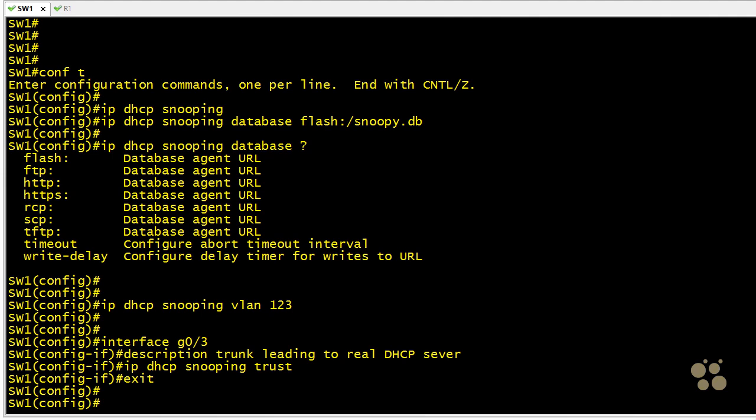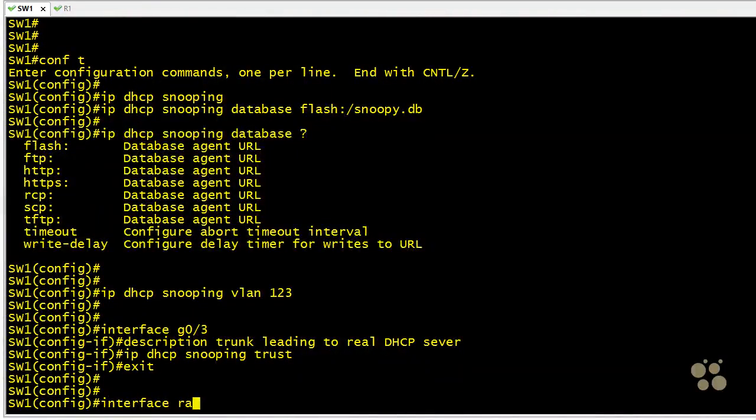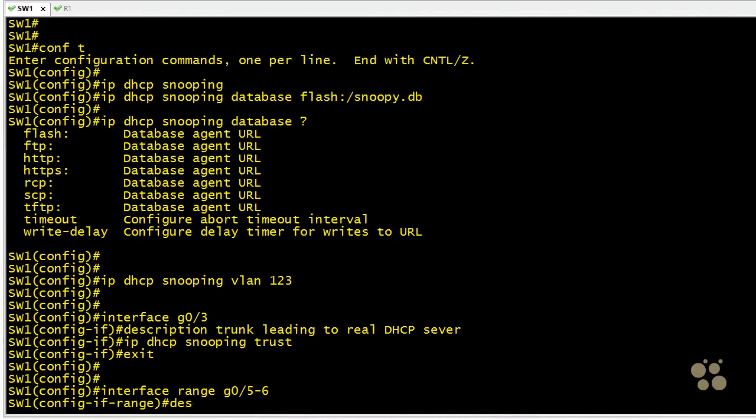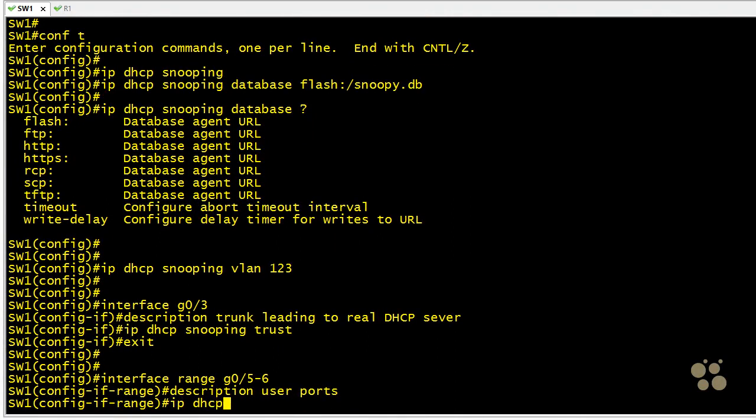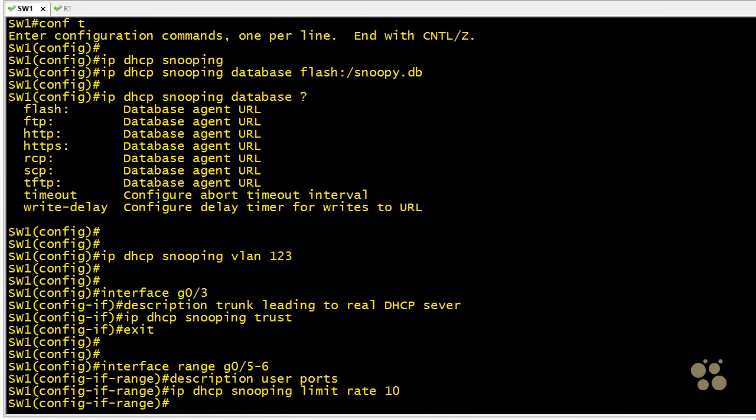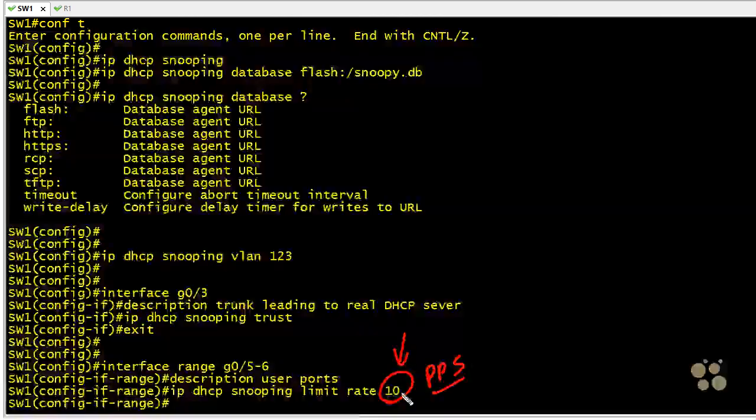Now, although we don't have to do any additional special configuration for the user ports, they're untrusted by default, we can do a couple of details. For example, if we want to set up rate limiting for DHCP messages, these would be client type messages that are going into the switch, we can set that rate limit. In this example, we're setting it to 10, and that refers to 10 packets per second. Now, if we set this value too low, we may prevent a valid client from actually getting an IP address in a timely manner. So before setting that and saying, we're going to help mitigate a DHCP server exhaustion attack by rate limiting